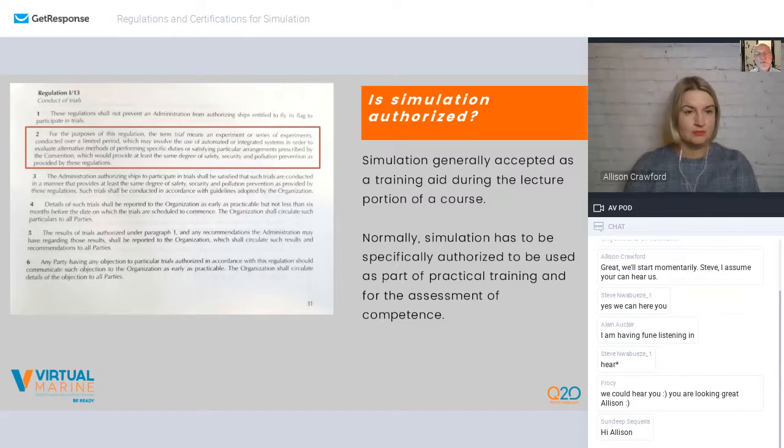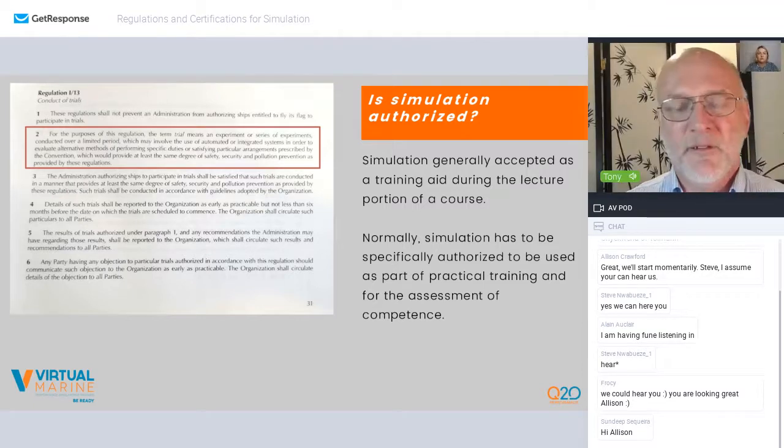So what happens is the STCW convention is revised roughly every 15 years. It might go to 20 years in some cases. So in that time, there is an enormous amount of innovation that happens. New simulators, new training techniques, all kinds of things happen within that 15-year period. And it's not efficient for the industry to prohibit the use of new technology for that entire period until it gets written into the next version of the convention.